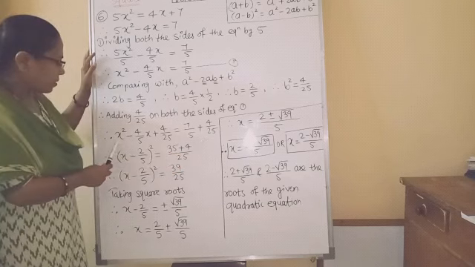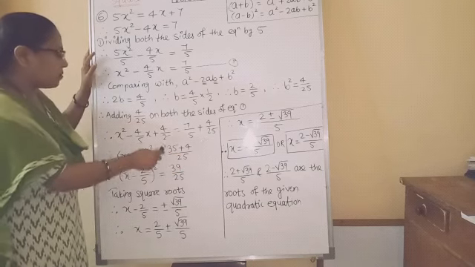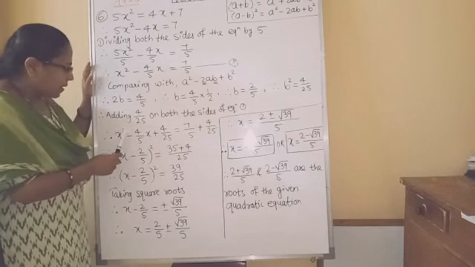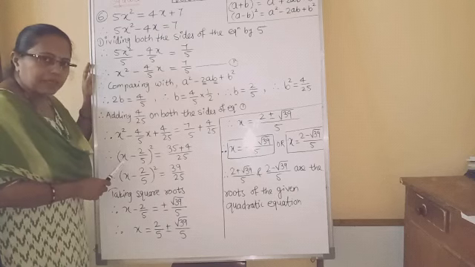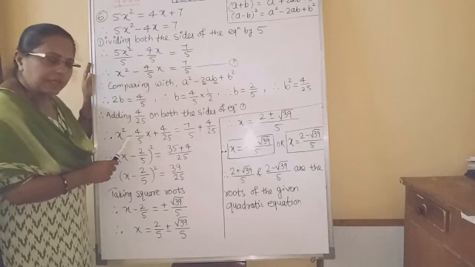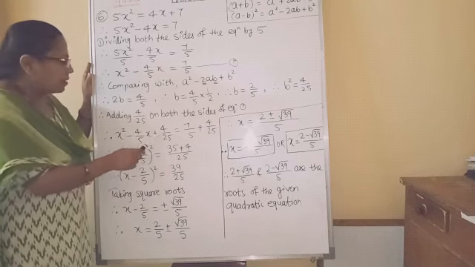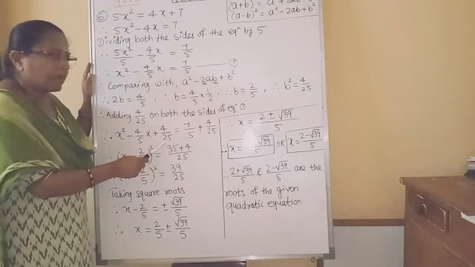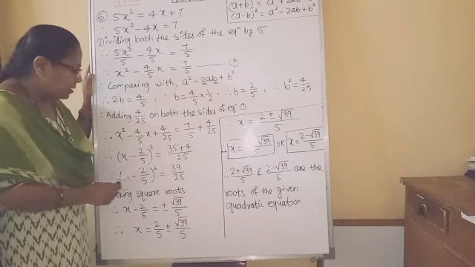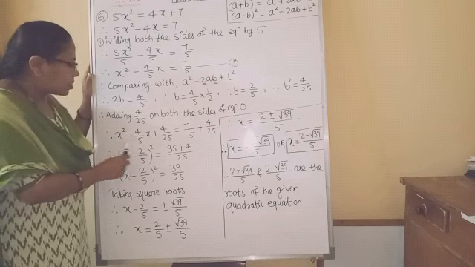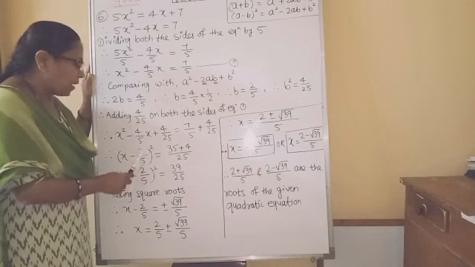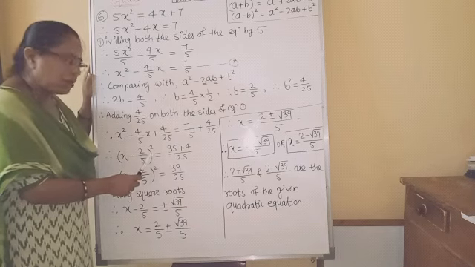Now this trinomial is the square of binomial. So let us find the binomial. X square is the square of x. So write x here. Middle term is having negative sign. So write here negative sign. Third term is 4 upon 25. Its square root is 2 upon 5. The whole square. That means this trinomial is the square of x minus 2 upon 5 the whole square equal to,